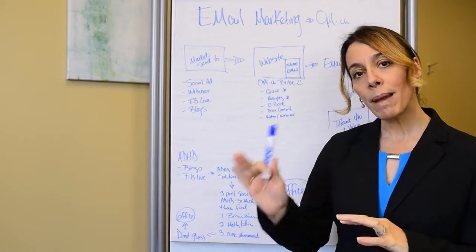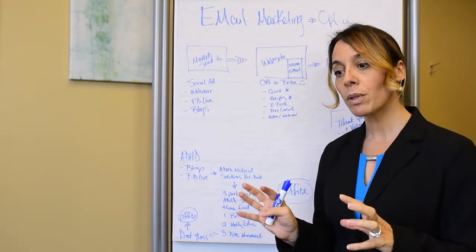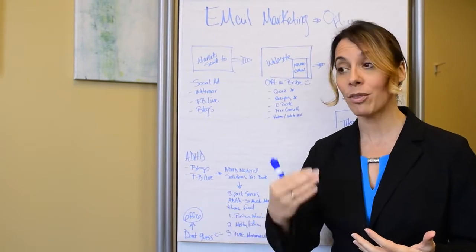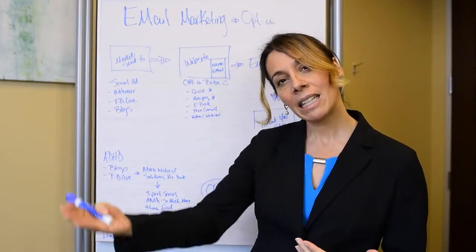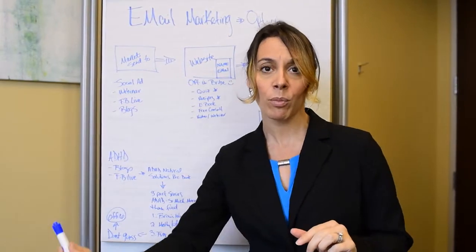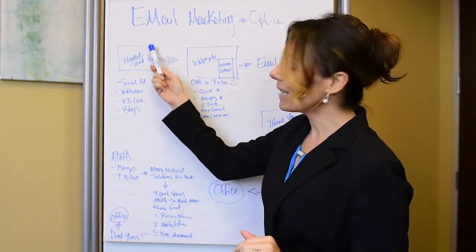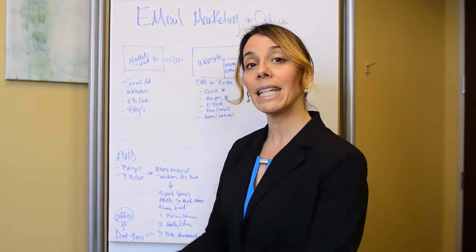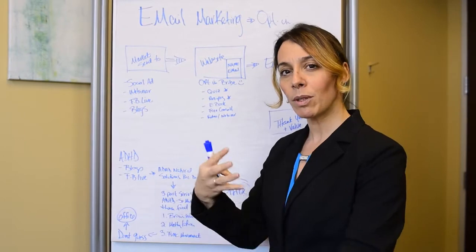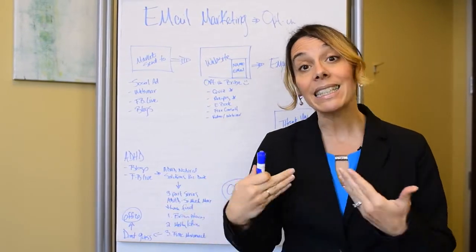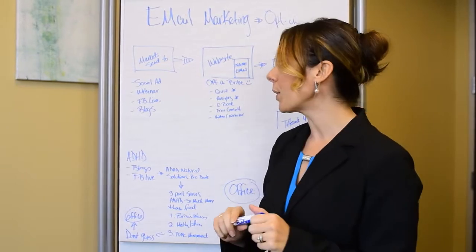If you remember back to the previous marketing whiteboard where I really talked about what is marketing at the most basic level, it's getting your message out in front of the people that need you the most, and then kind of leaving those breadcrumbs about how they can get back to you, right? So you move them from problem to solution. So an email marketing campaign does this beautifully. It really helps to build trust, to build familiarity, to build your tribe through delivering value in advance, leaving those breadcrumbs. And here's how we do it.